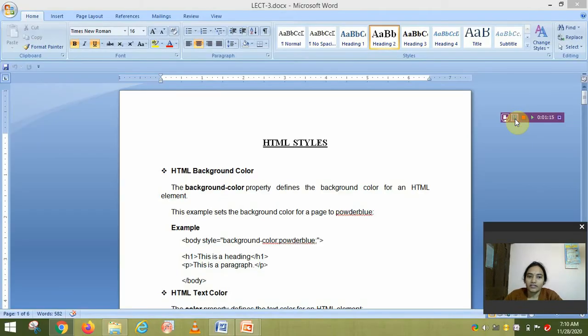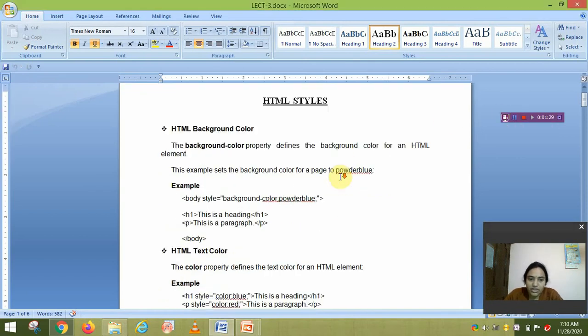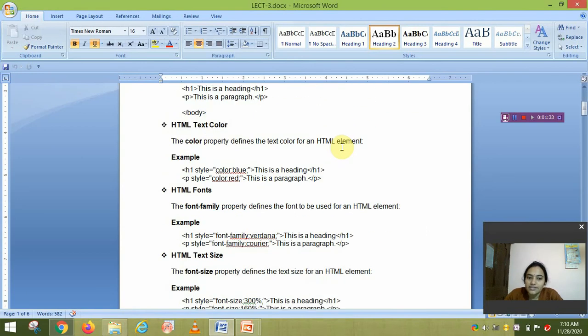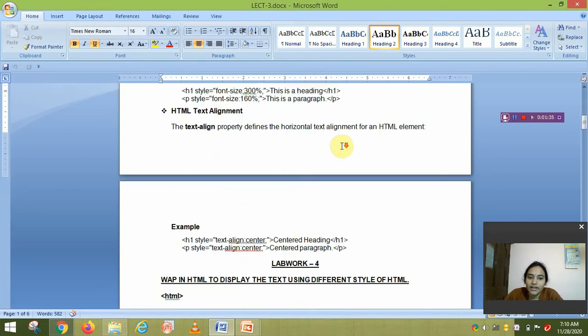HTML style. In the HTML style, we set background color or text color. We set background color, text color, text font, text size, and text alignment.